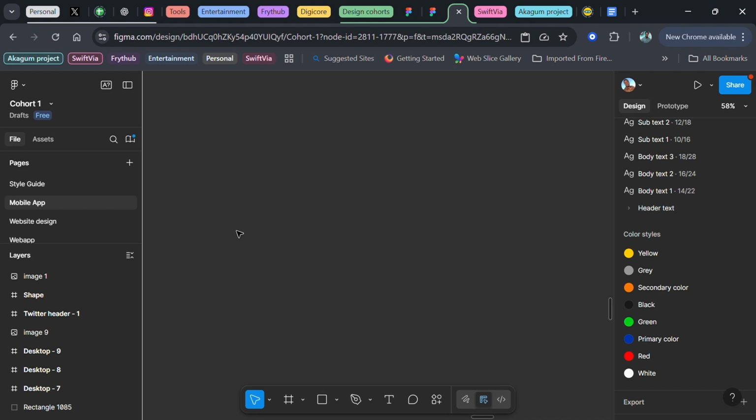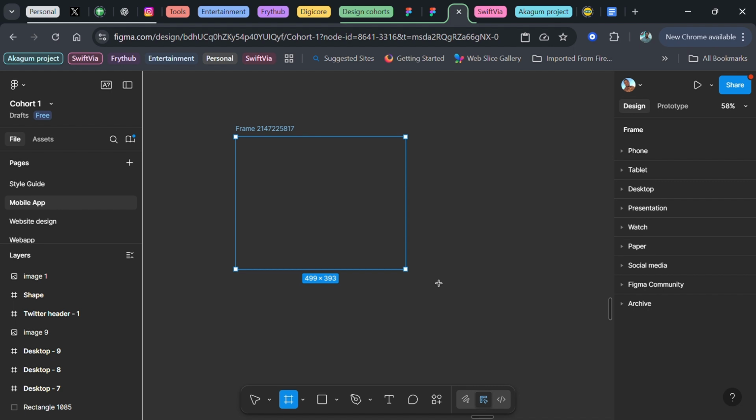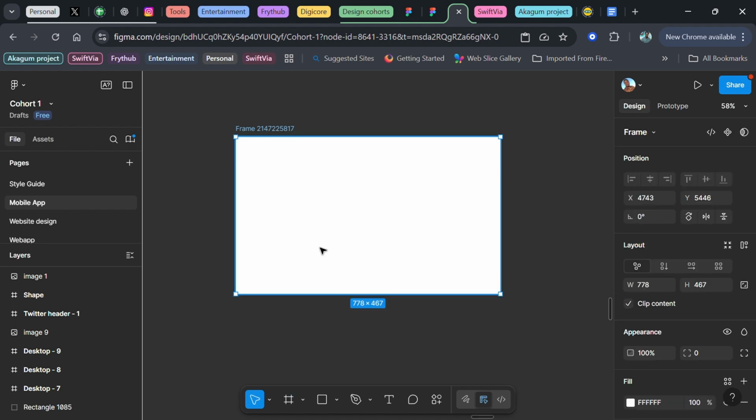So today we will be designing and animating a glowing button in Figma. Let's dive right into it. The first thing I'm going to do now is create a frame. Tap F on my keyboard, draw my desired frame size here, zoom into that frame by using Shift 2 on